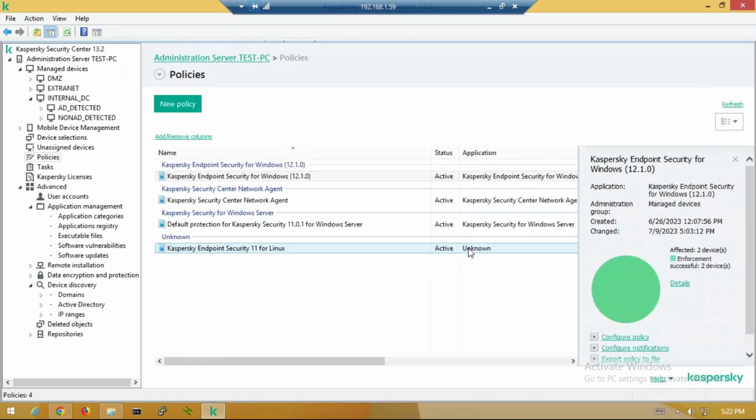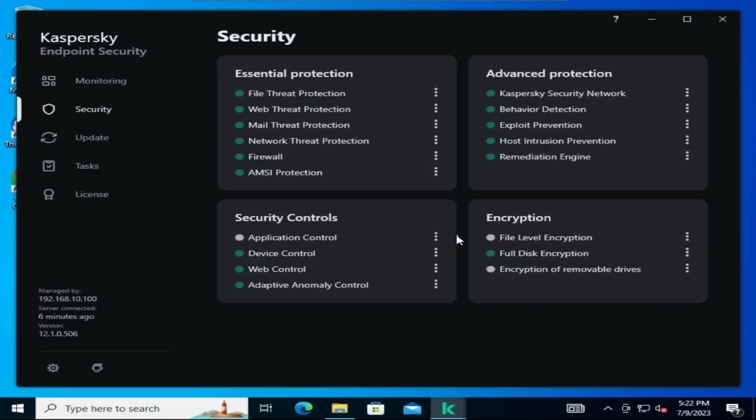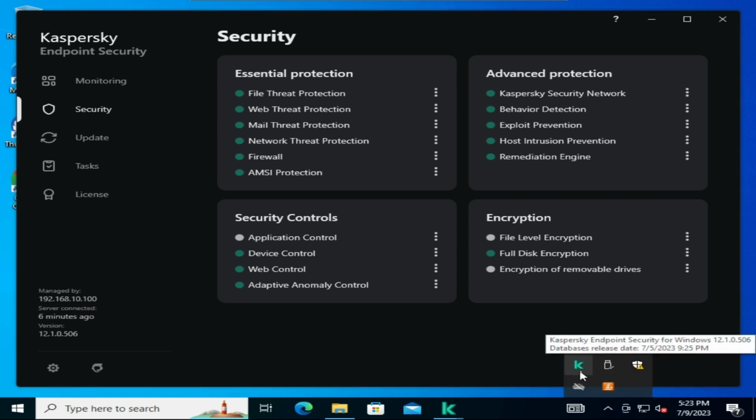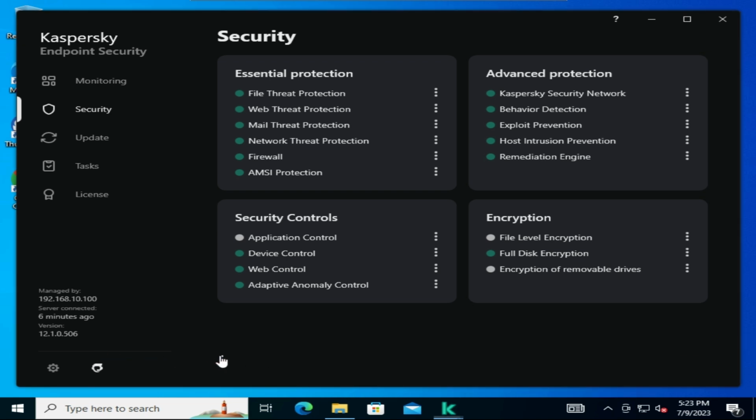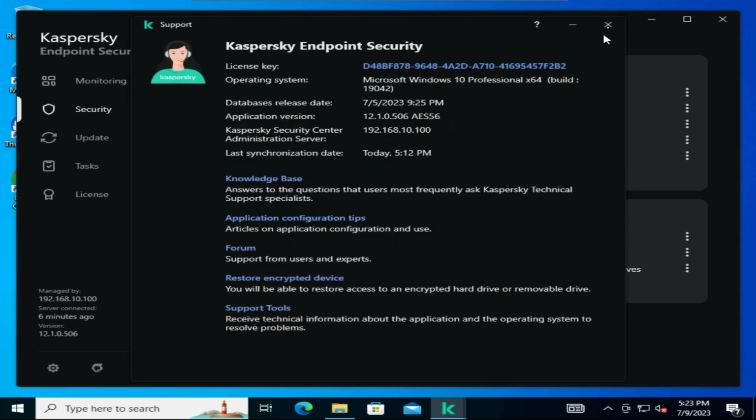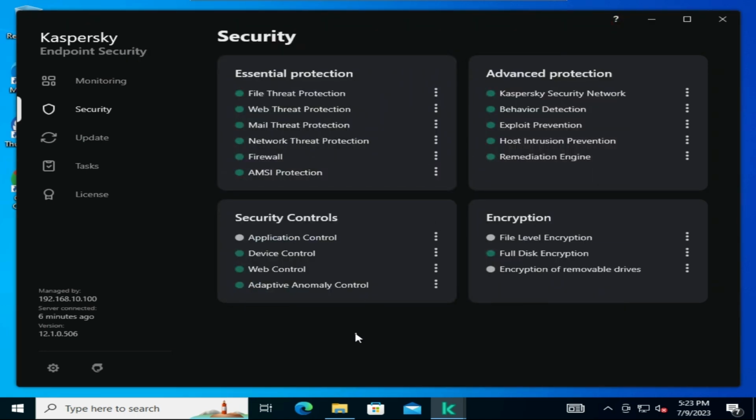So what will happen after I click apply and OK to my DMZ client? After you finish configuring the full disk encryption process, a yellow sign will appear here on your Kaspersky application telling you that you need to restart your PC to complete the updates that you have made through the Kaspersky policy. After you restart your PC, the authentication agent will start to work to do